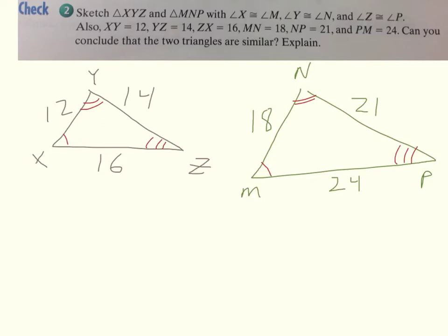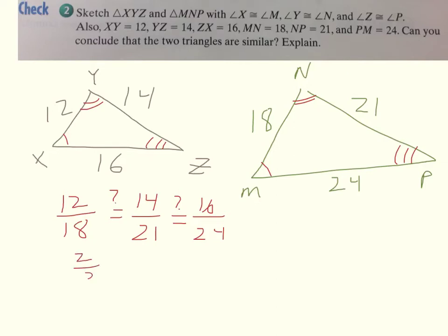Now we just have to find out if our sides are proportional. To see if our sides are proportional, we're going to put 1 arc to 2 arc, XY over MN, and see if that equals, question mark, YZ over NP, and then see if that equals XZ over MP. And since all of these fractions reduce to 2 over 3,